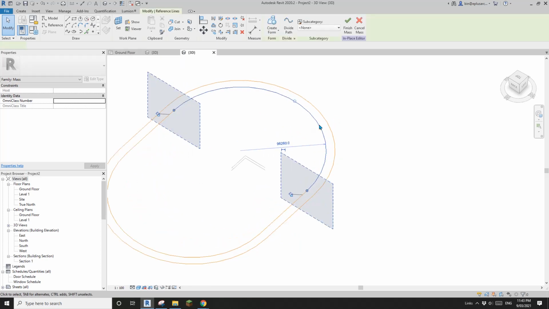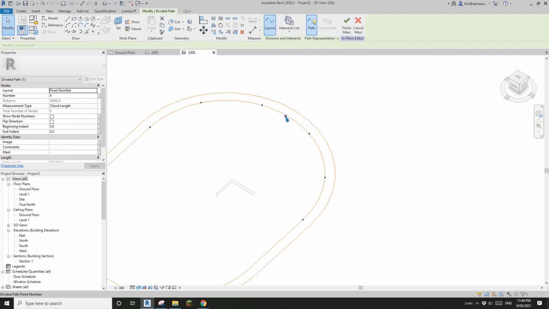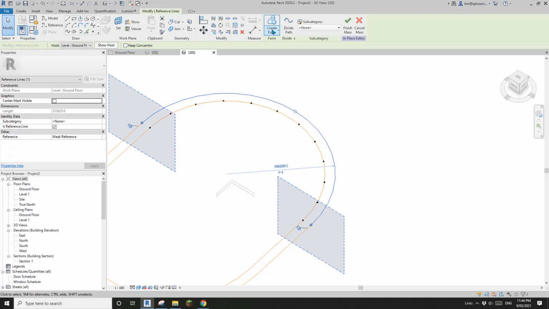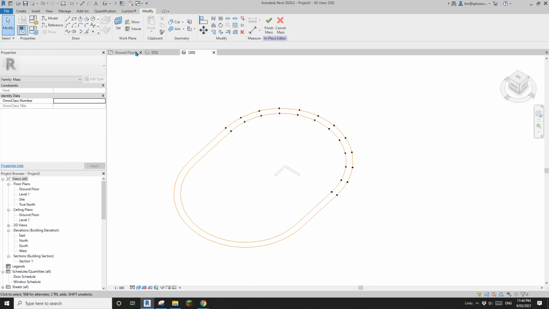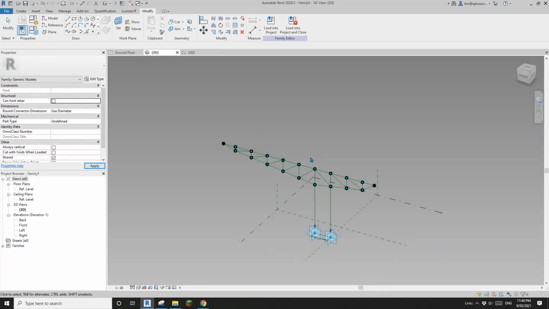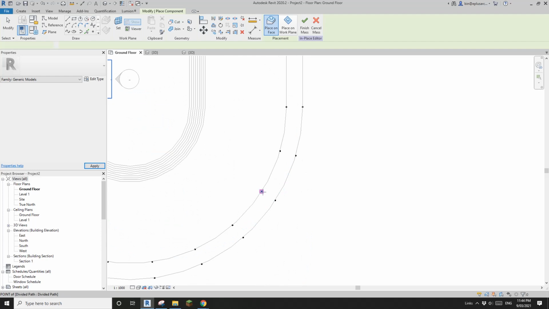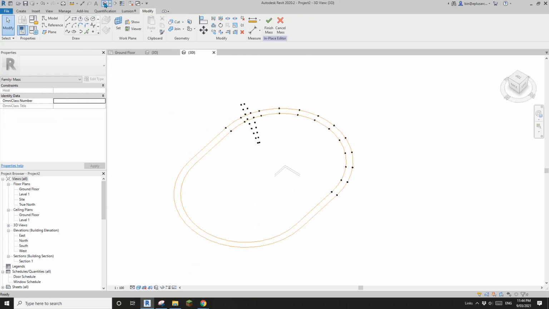Okay, so now let me select one of this arc, okay, and then divide path. So I'm not sure what number I need. Maybe I'll type in 12, and also the other reference line, divide path, 12 as well. So now if I go to the family and load this into the project, and then if I place onto these reference nodes, go to 3D view,